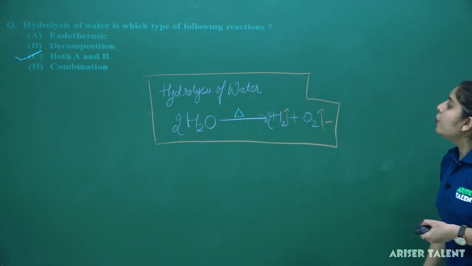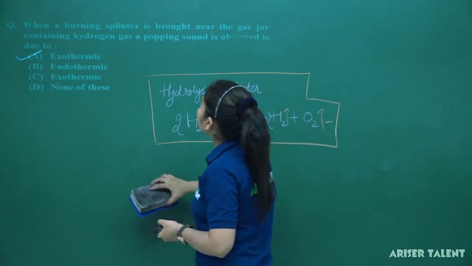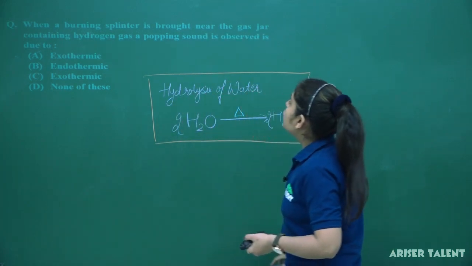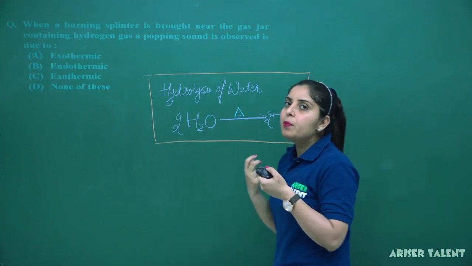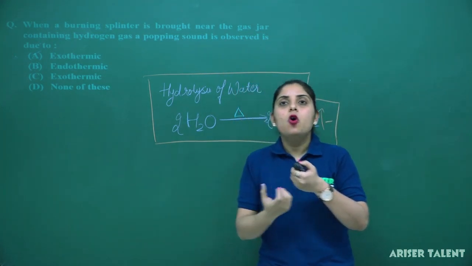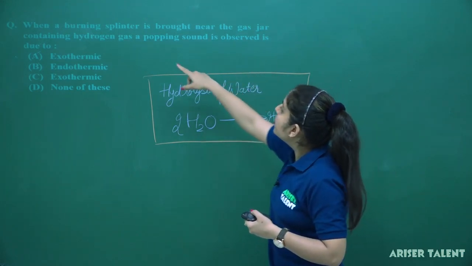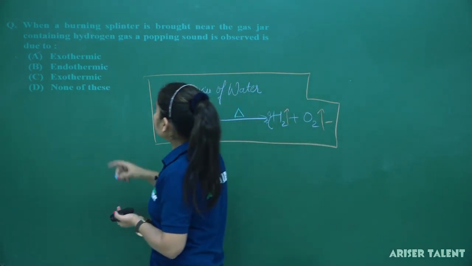Now we are on our next question. When a burning splinter is brought near the gas jar containing hydrogen gas, a popping sound is observed. So what will happen if we bring any container and a popping sound is produced in the reaction? That popping sound will be of the hydrogen gas and it indicates that the reaction will be